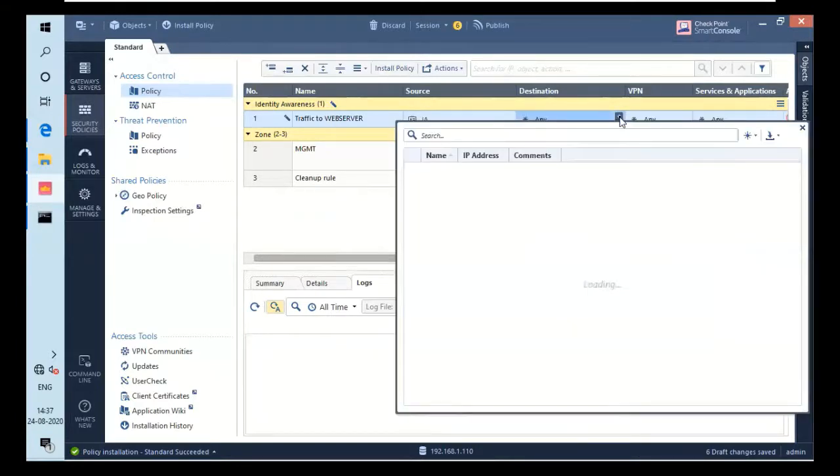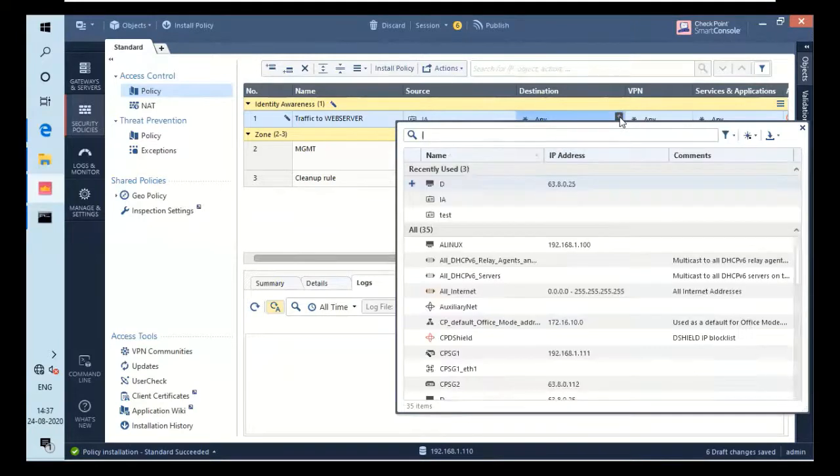So before accessing that web server, my okay, let's do one thing. Let's create a host which will signal. Oh, I already have one host which specifies D is your host and IP address is 63.8.0.25. So I will basically select it. You know how to add a network host, so I will not repeat it because I already have it. So I will click on plus and it's added.